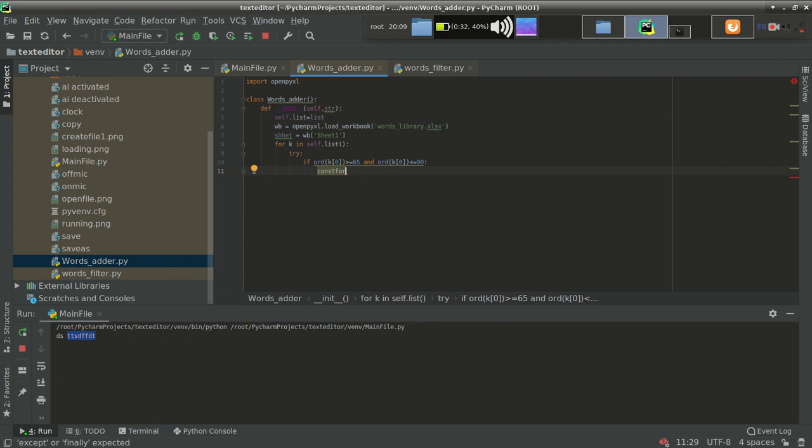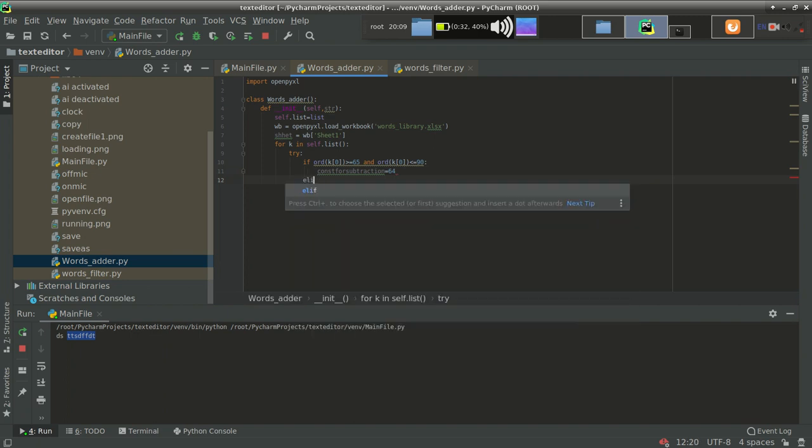So I'm making a separate variable. I'll also tell you how to use that subtraction. So yeah, const for subtraction equal to 64. So this will be the constant. I'll explain to you why I am taking the 64.